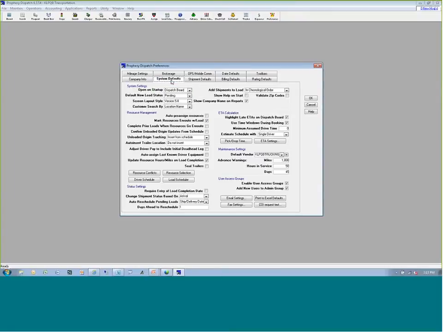So let's just go into our system defaults first. So you'll notice right here that the screen layout style, there is the 4.2 and the 5.0. Once again, for today, we're going to concentrate on the 5.0 booking screen. And customer search by. You know when you're entering an ID for whether it's a customer or whether it's a pickup location or a drop location, you have the choice of searching on the actual name or on the ID, and this is where you configure it in the system, and this would apply to all of those lists that